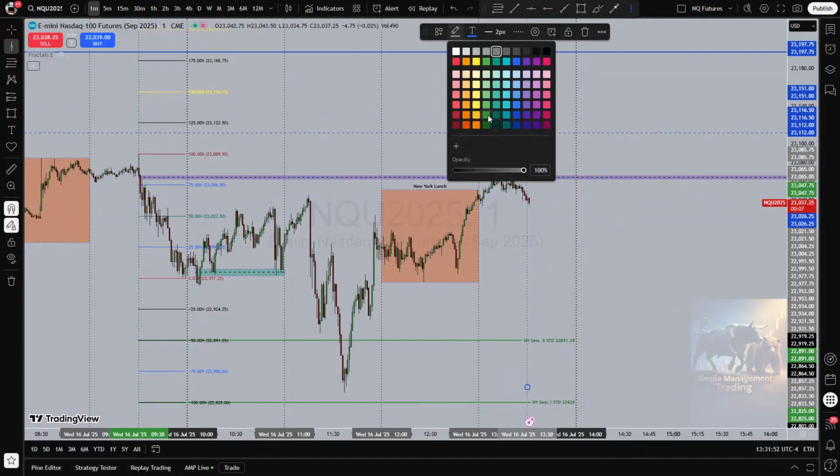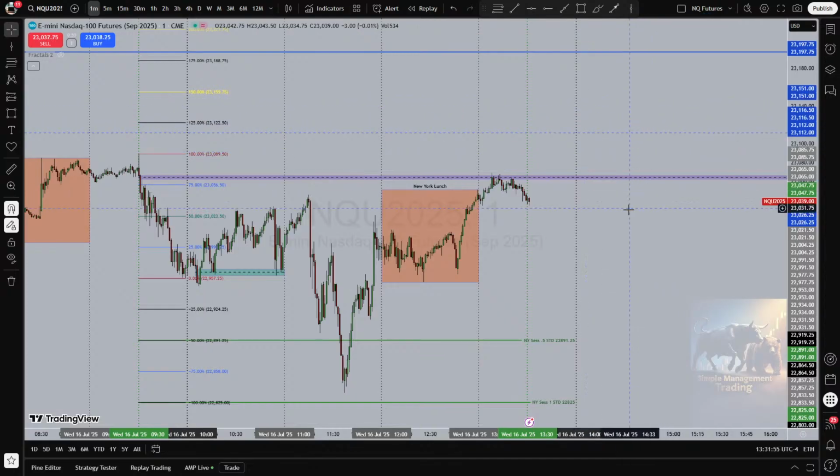So the low of this hourly candle might be 2316.75. So if I was shorting right now, which I'm not,